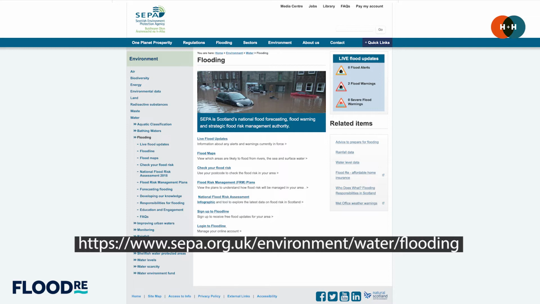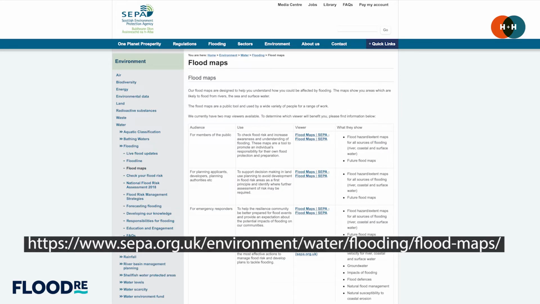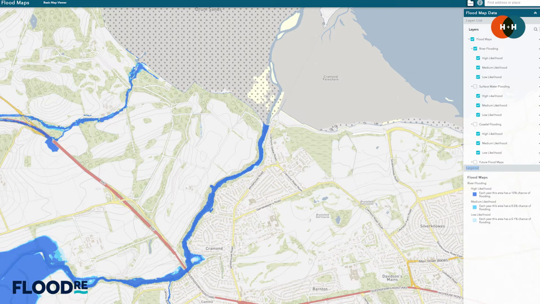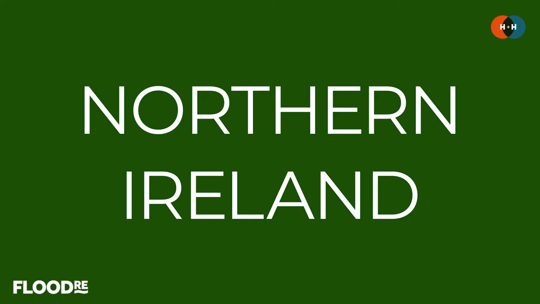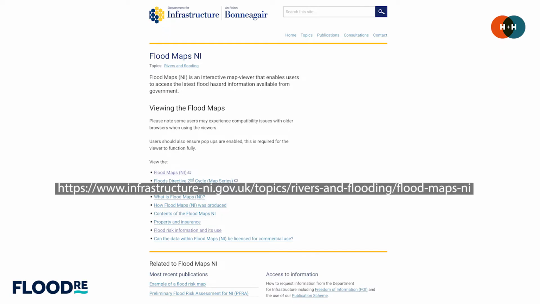where to get information on managing your flood risk, an actual map of the flood risk, as well as flood maps for land use planning. You can see the high, medium and low risk likelihoods of flooding from river, surface water and coastal flooding. But again, what it doesn't tell you though is actually how likely it is that an individual property will flood. In Northern Ireland, the government's flood hazard and flood risk map has a range of information that